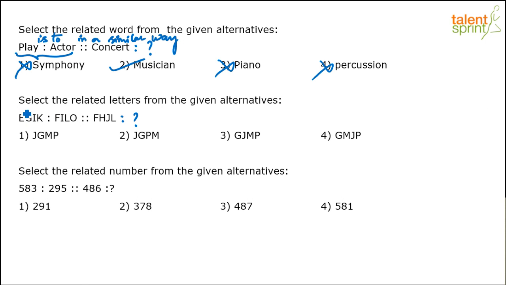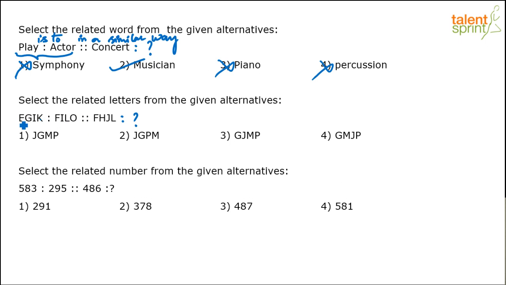So how is E related to F? How is G related to I? How is I related to L? How is K related to O? Right? If you are not very comfortable doing that, then you can quickly put the numerical positions of these letters, and that also can help you. Like for example, if I do that without numbering, what happens? EF, so consecutive letters. GI, so it's like GHI, IJKL,